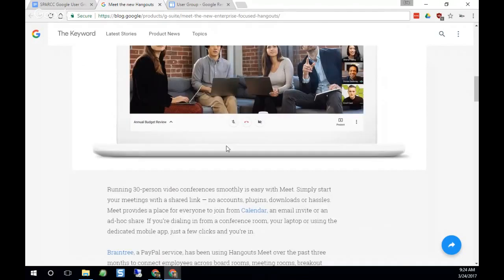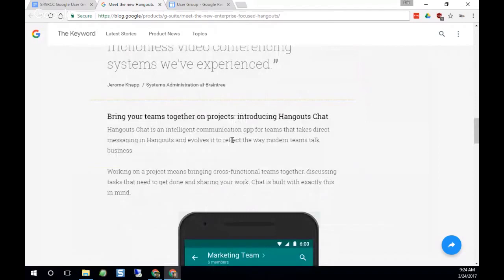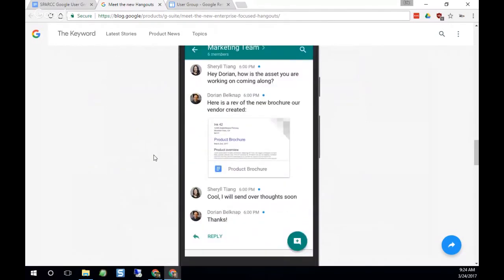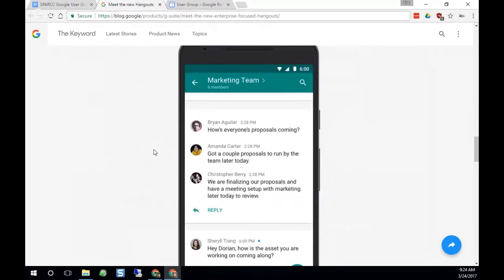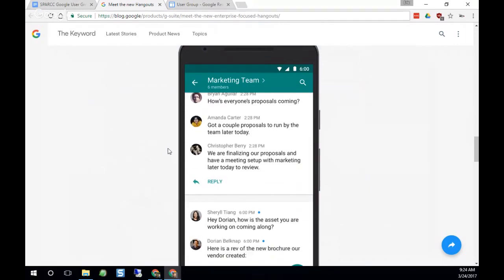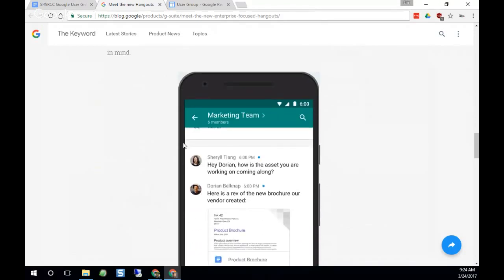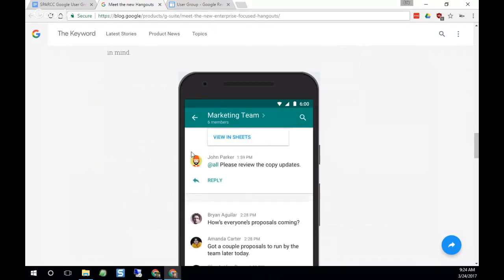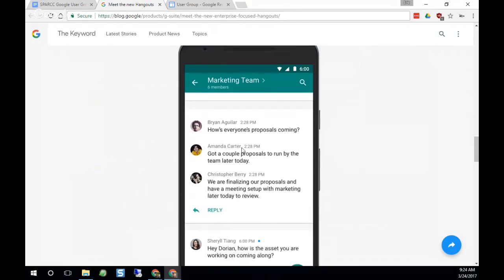So the second thing they mentioned is Hangout Chat. That's not out yet. I signed up for the early adopter, but have not received any information on that yet. So basically what it is, it would be like setting up an ongoing chat room that, let's say you're working in a team of 5 or 6 people on a project. You could create a Hangout chat for that team that is a perpetual chat. You can jump in at any time you want, and it's more of a text chat,